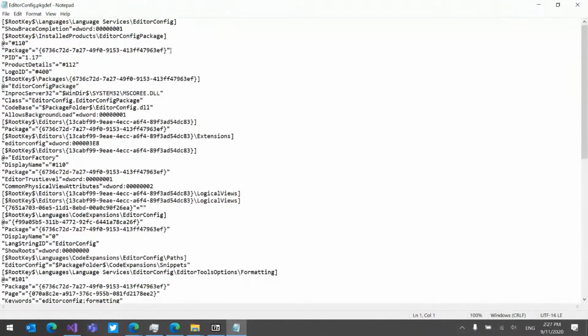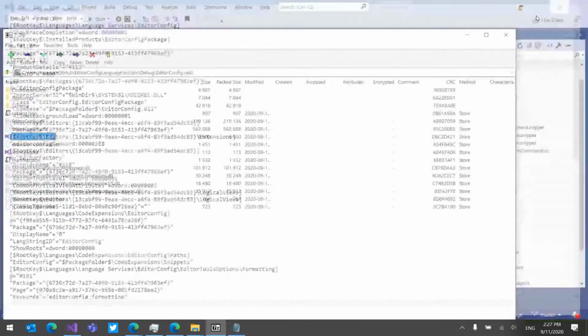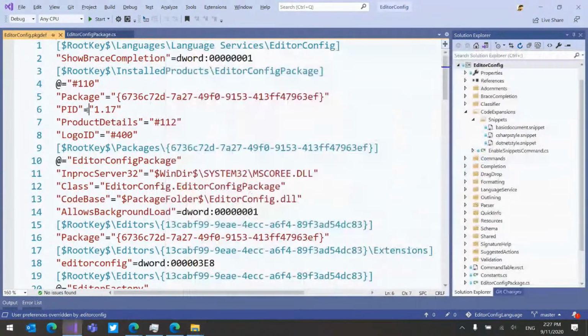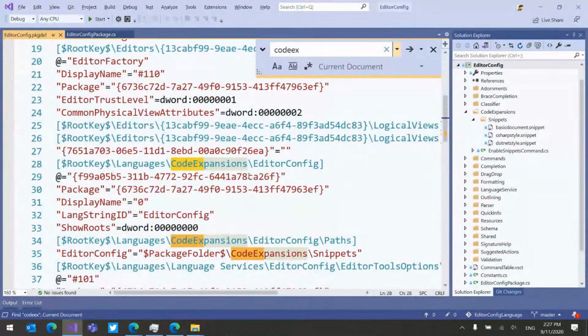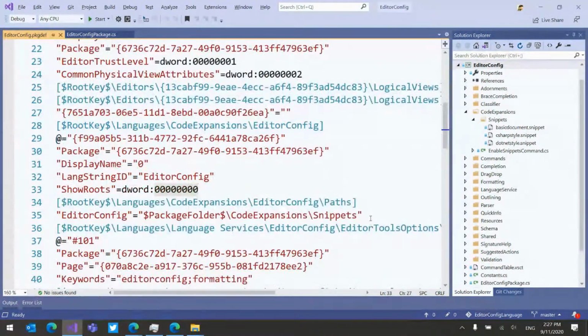Okay, so let's see if we can find the code expansions. Why did I open it in this? Hang on. Let's get some color on this. There we go. All right, so code expansion, here we go. So you can see that's exactly that key here. And it also registers on top